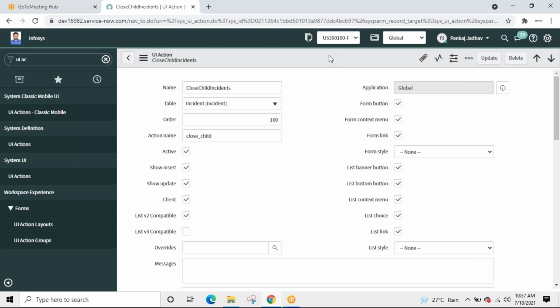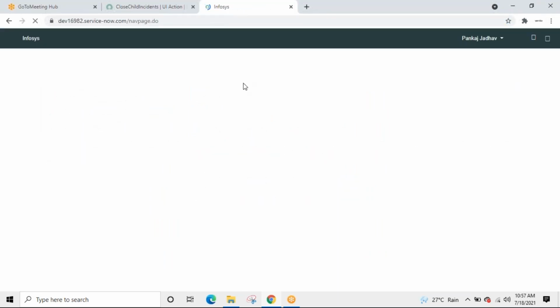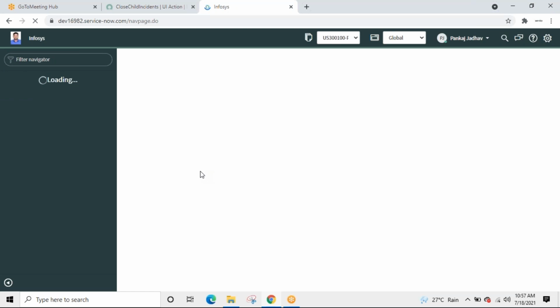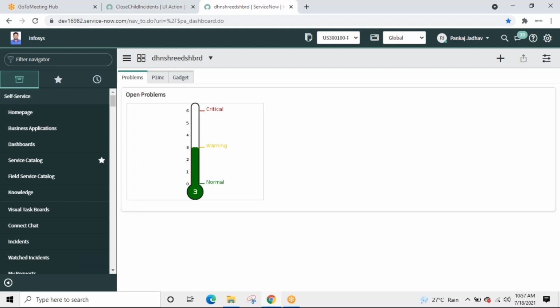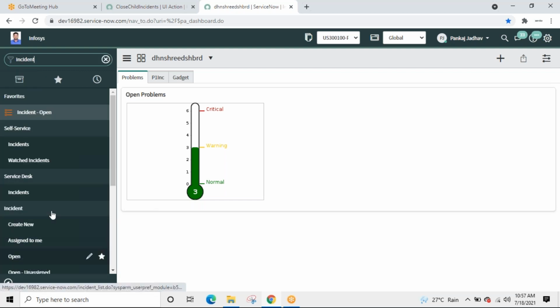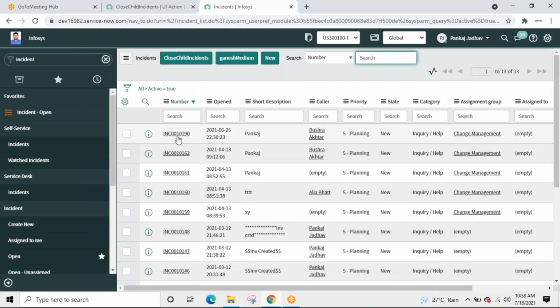I'll repeat the use case. I am opening the incident form, incidents, and opening any incident randomly.